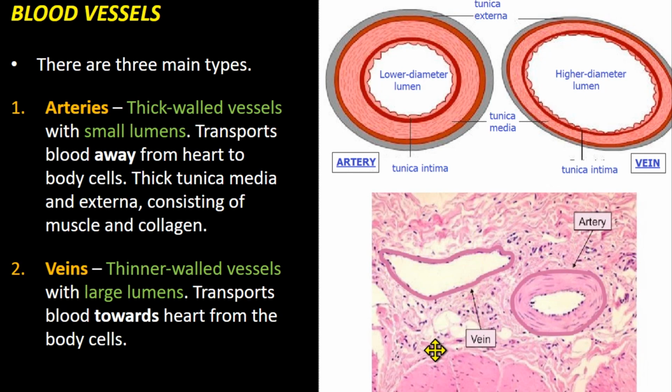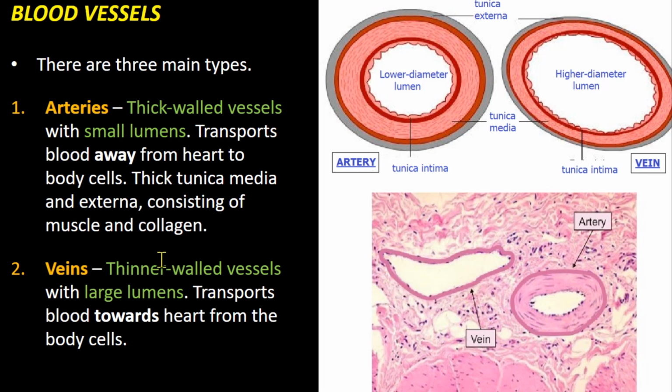If we look at the micrograph here, we can see the artery, which is well defined. We have the tunica media here and the tunica externa, which is the muscle and the collagen. This helps it withstand very high blood pressures. The vein, on the other hand, is easily collapsible, has very thin layers, and the lumen is a lot larger